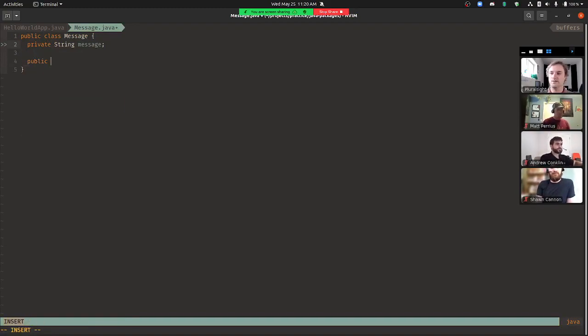And it's going to have a public constructor. Remember, constructors in Java don't use the constructor keyword. It's the same name as the class. It's going to take in a string called, spoiler alert, message. And then we're going to assign it.